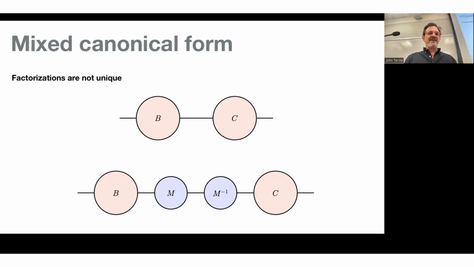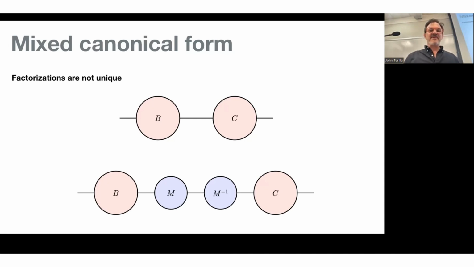Okay, so in order to explain the machine learning problem and the algorithm that I'm going to talk about, I need to say something about mixed canonical form. That's an adjective I can apply to a particular matrix product state. But the point is that when you factorize something, factorizations are not unique. If you factorize the number 100, you can write it as 4 times 25, or you can write it as 8 times 12 and a half, right? And in general,